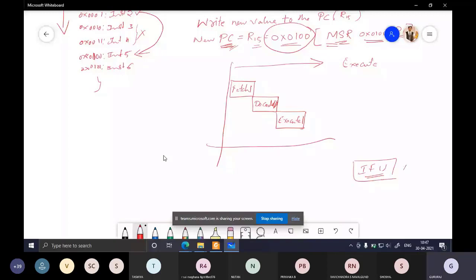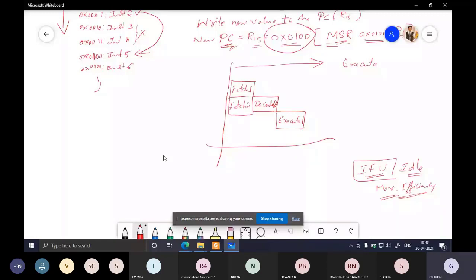To get maximum efficiency, you should not leave any hardware idle. Since the fetch unit has no job whenever the current instruction is being decoded, at the same time the next instruction will be fetched. Fetch 2 will happen.